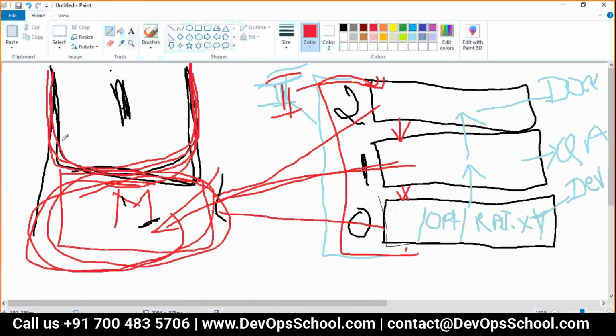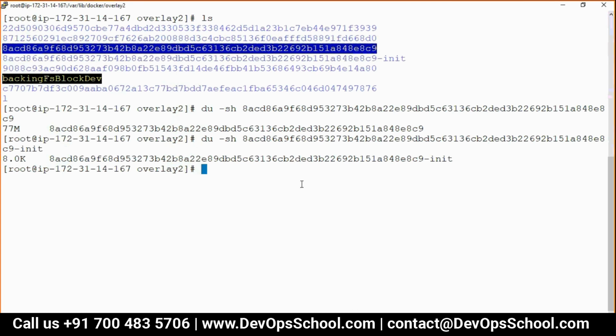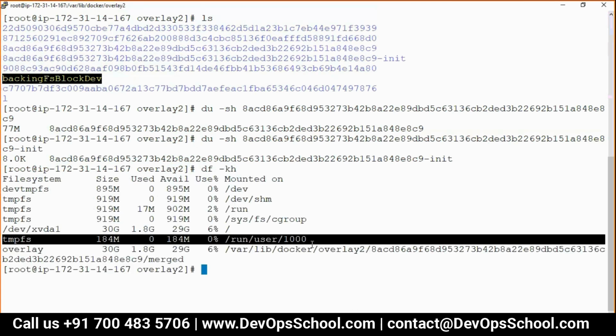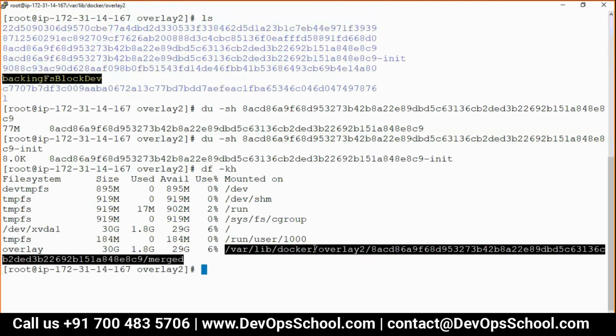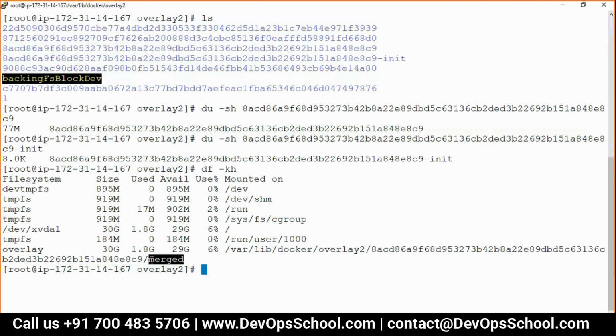We have a shared container, their user. This user is a very special user. They get mounted with everything. See here, what is happening? df -kh. See, mount. I showed you this before also. Same thing. Now recollect. See here, the last one.